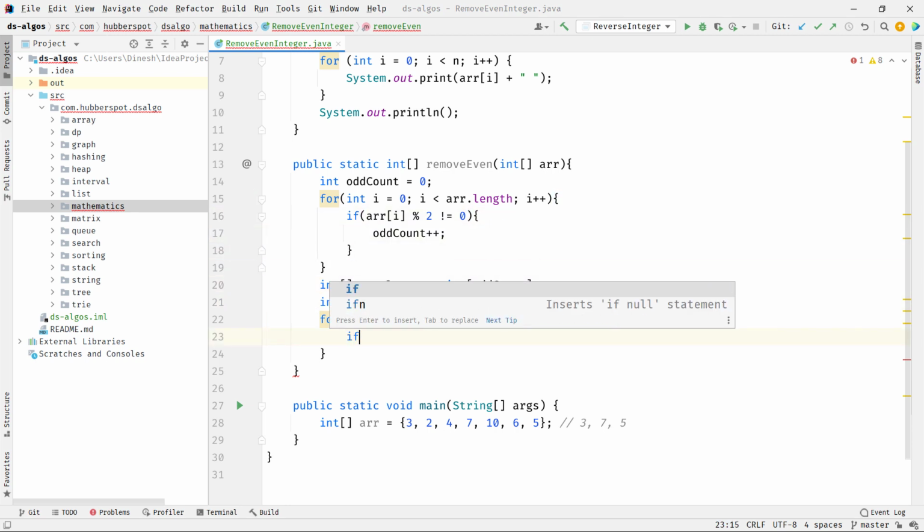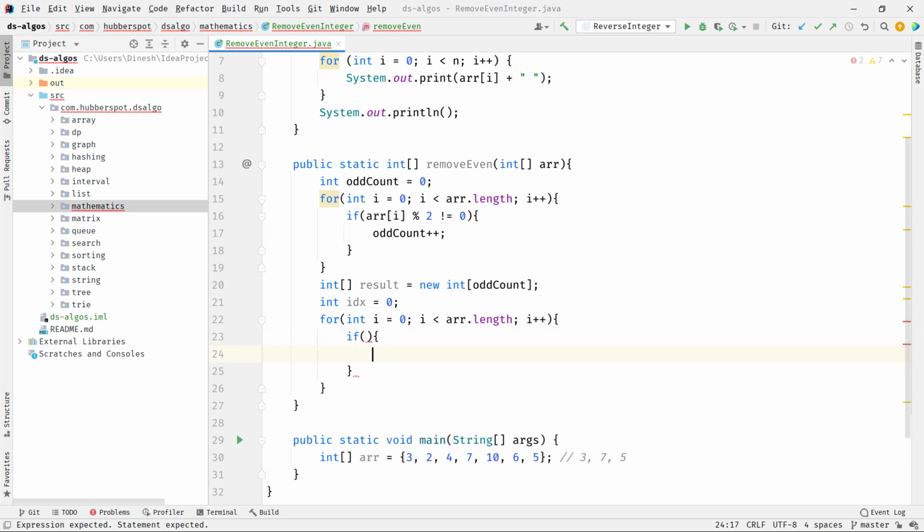If the element at ith index mod 2 is not equal to 0, it means it's an odd integer, so we need to put this integer into the result array.